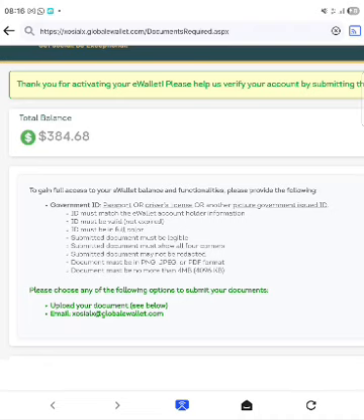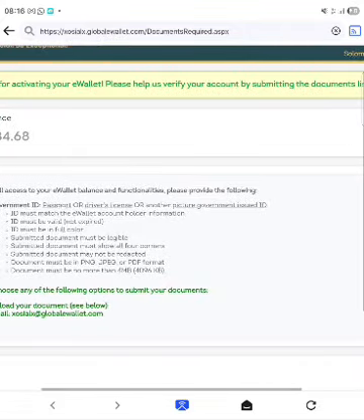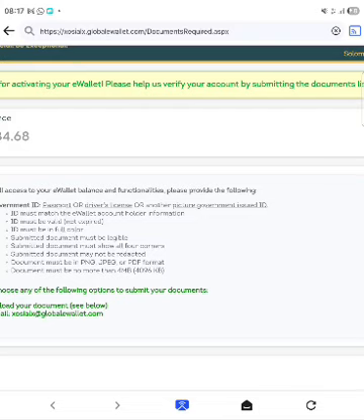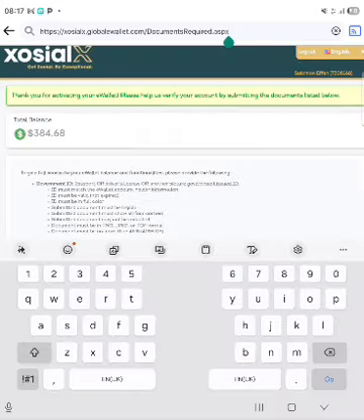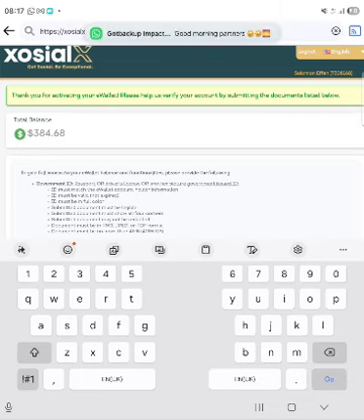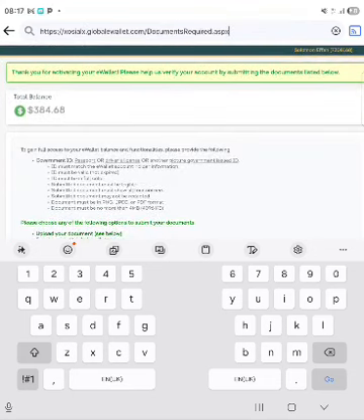Now, thank you for activating your e-wallet. Please help us verify your account by submitting the document. Oh, okay. So it says, thank you for activating your wallet and so on. Then they tell you the amount of money that you have. Then this is where you have to enter your